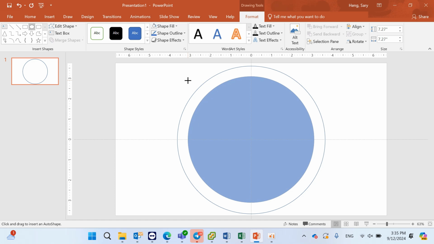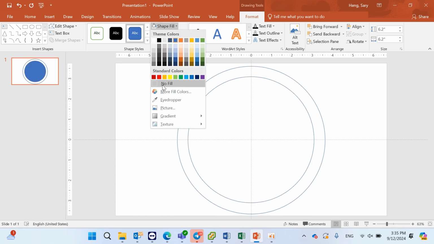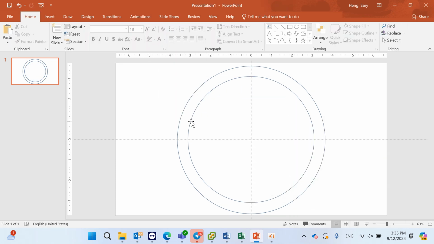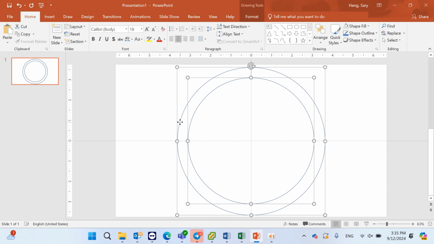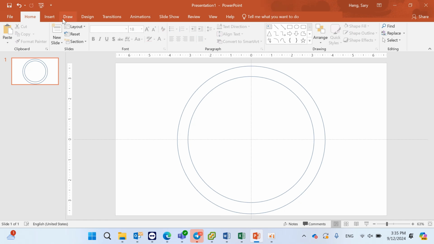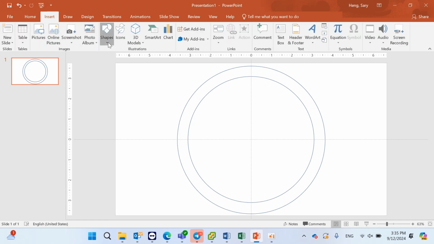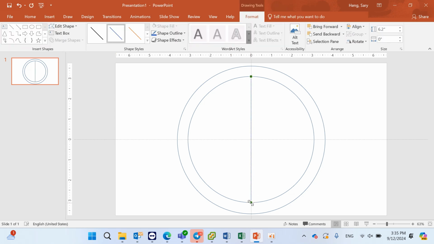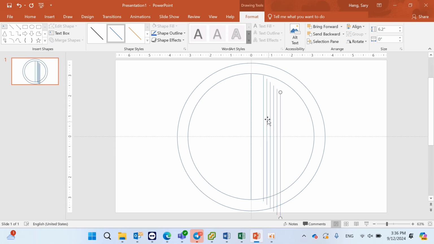It's like this, and no fill too, and click both shapes, right click and group. Go to insert again, shape, and I need the line, I need one line to draw like this, and I copy a few more lines, Ctrl C and Ctrl V, press Ctrl D also. Then I rotate the line,